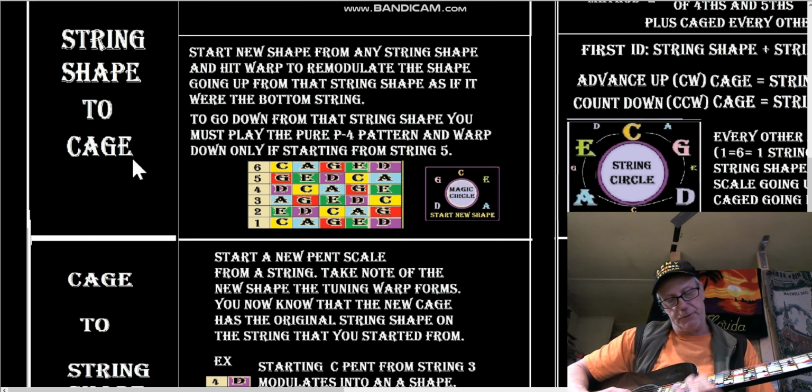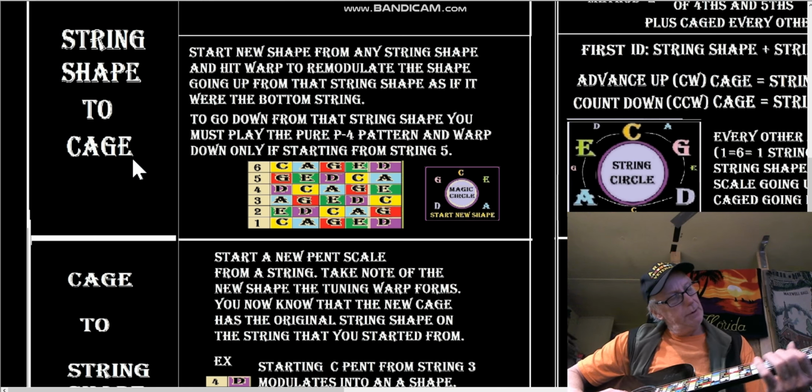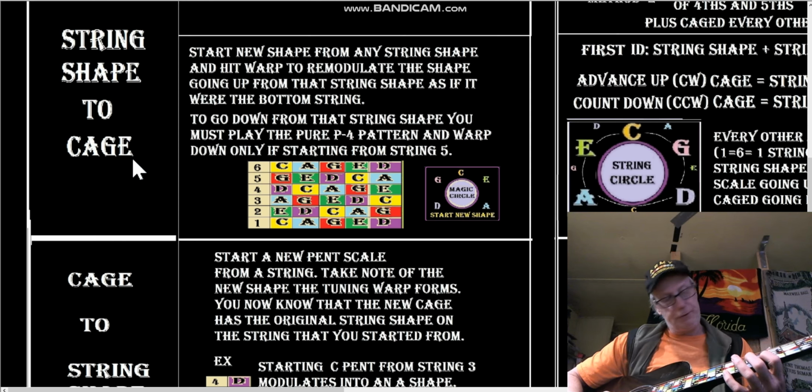So you're starting from a string shape, let's say G shape on the, it would be 6, G shape on the third string,